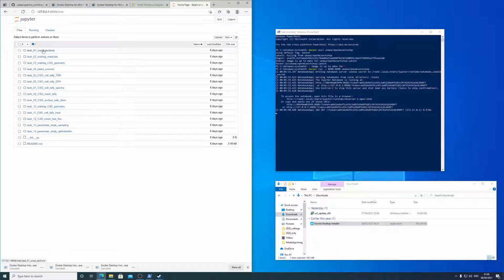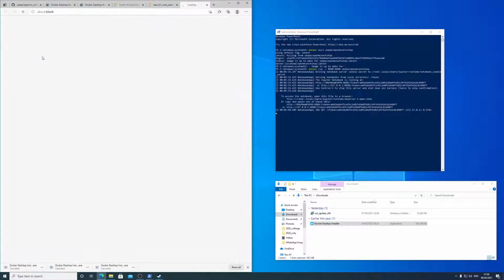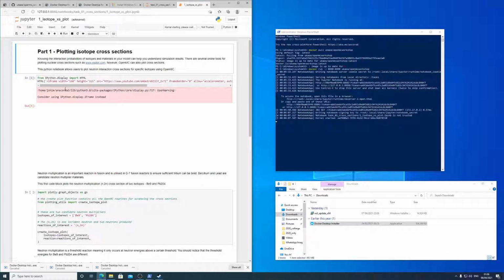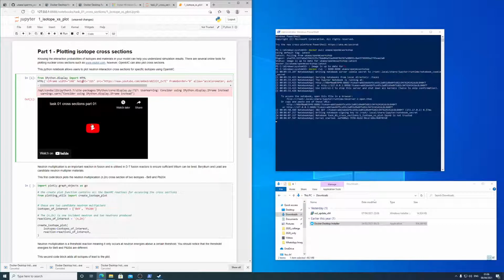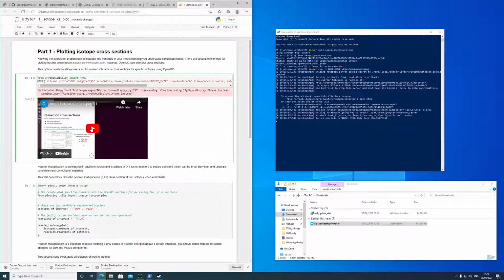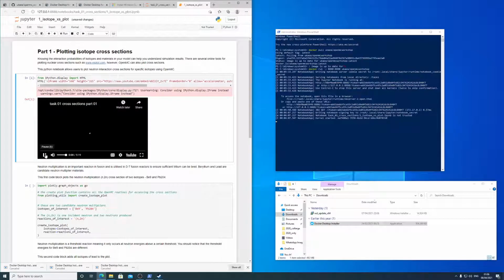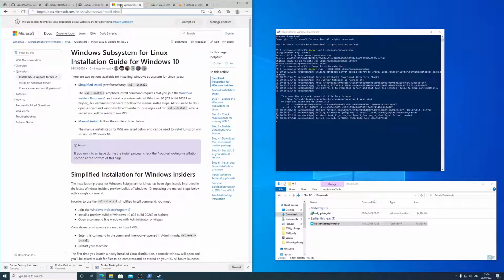So then you would click on the tasks and work through them, and each task is self-explanatory. Some of them have little videos in which should display and talk about the task. I won't play the videos now, but the other thing I just wanted to mention is if you have